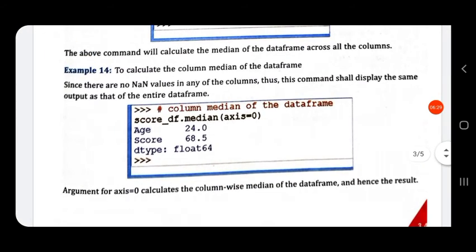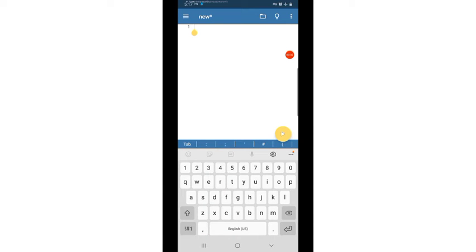So let us try some examples for finding the mean, median and mode. From a dictionary D. So import pandas as pd. Then create a dictionary, d is equal to a simple dictionary.